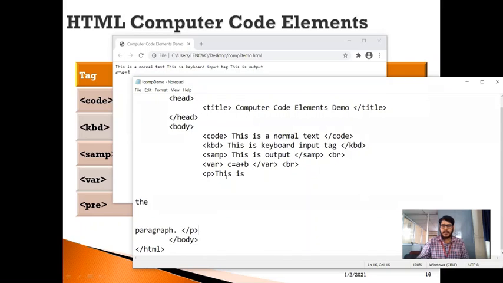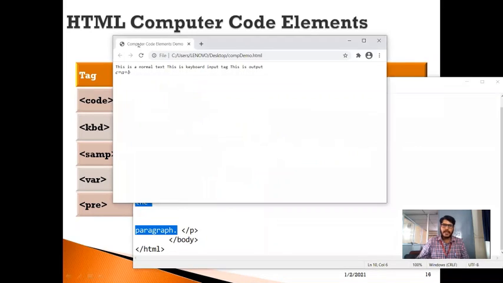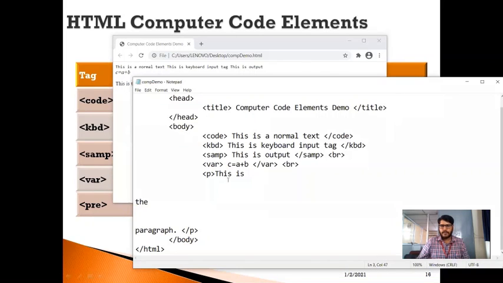Look at what I have done here. This is the opening tag of the paragraph, as you know, and this is the closing tag of the paragraph. In between, I have written this particular content using certain spaces, and I have pressed the enter key twice. If I save this and reload this particular page, you can see it is not showing any of the spaces I left in the source code.